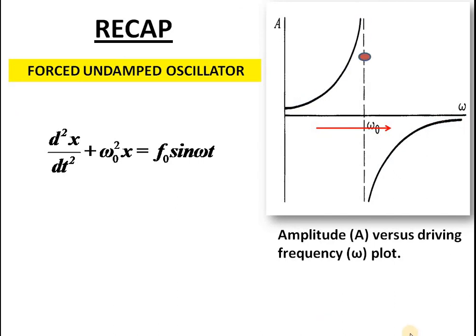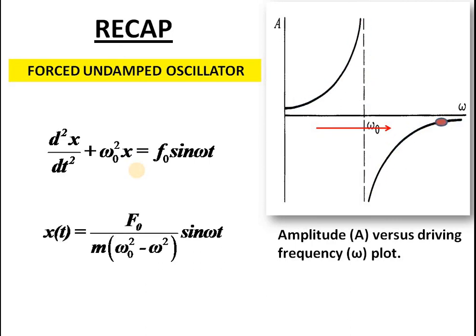We applied a force F0, and sin omega t was the time harmonic part. So this was the differential equation for a forced harmonic oscillator without any damping, the undamped oscillator. And we solved the differential equation and we got the solution for the displacement x